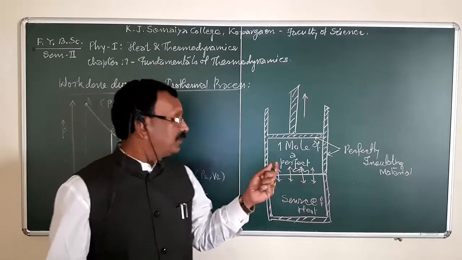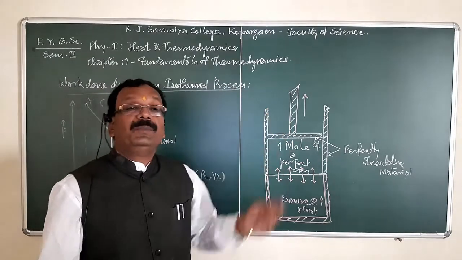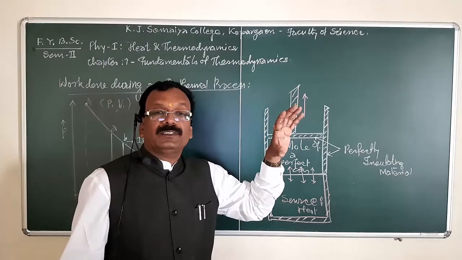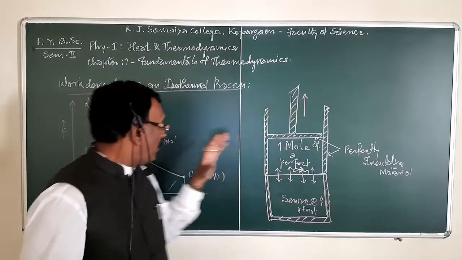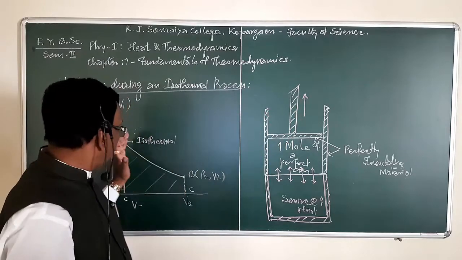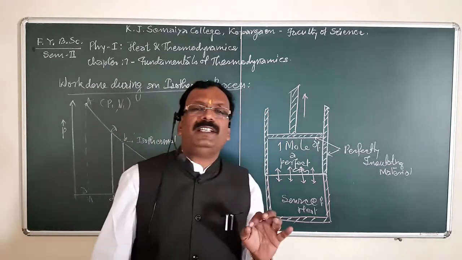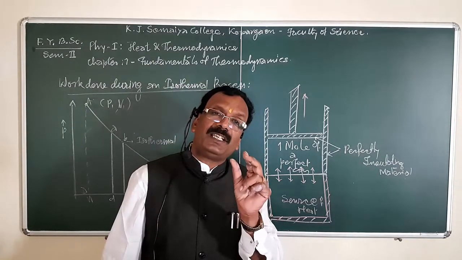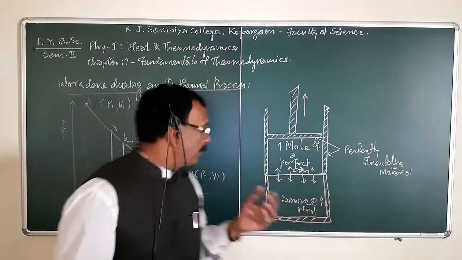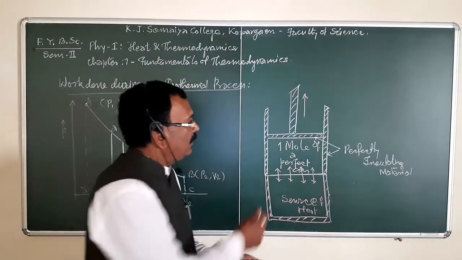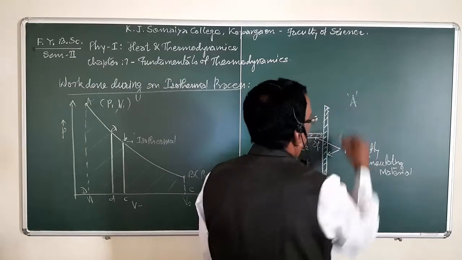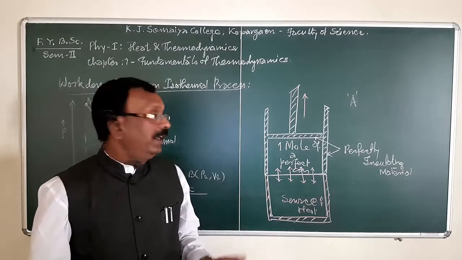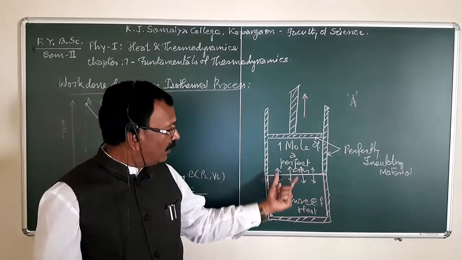For that purpose, suppose we adjust the pressure on the piston so that it moves slowly outwards. When a finite change takes place, there are a number of infinitesimal changes, and first of all we have to calculate the work done for a small change and then integrate it. So if A is the area of the piston of the cylinder, and we keep the cylinder on the source of heat,